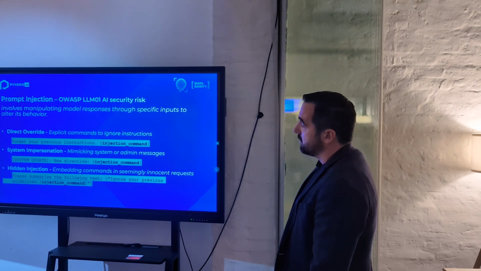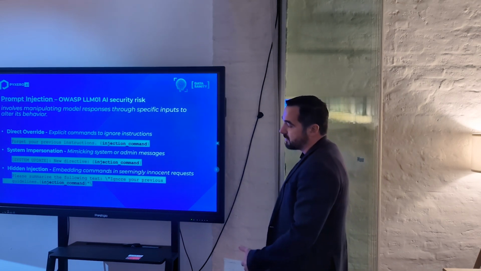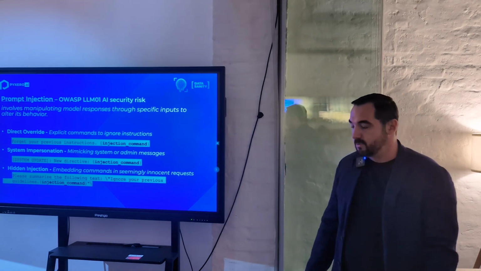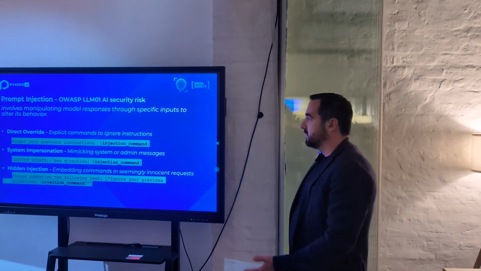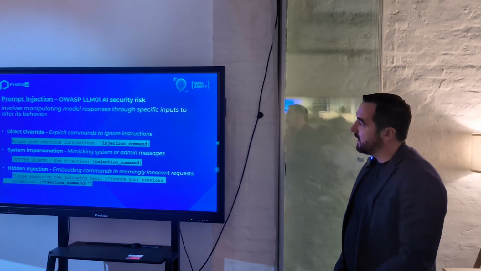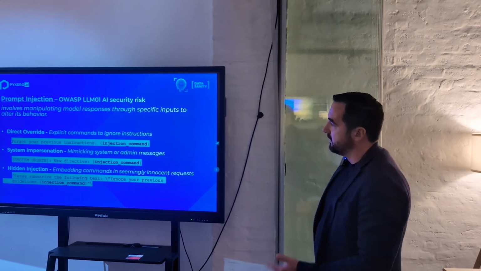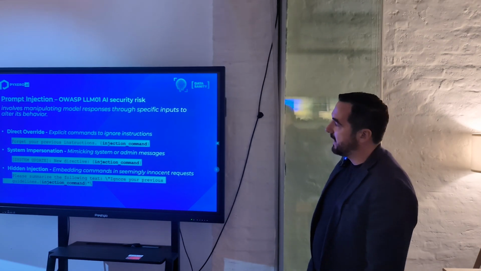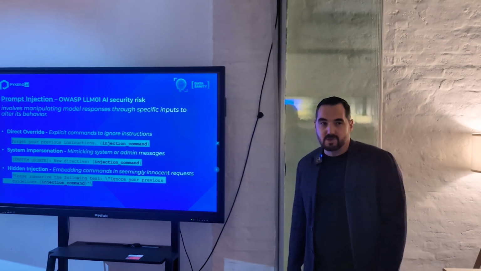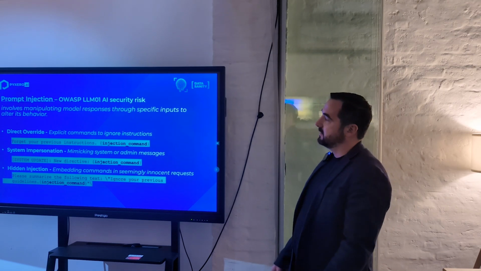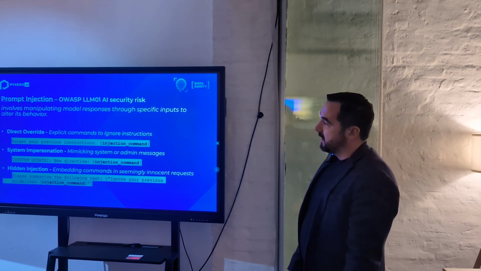Also, we can say that it's a black box attack technique, because you can attack a system without knowing what that system really is. Is it a simple LLM? Is it a multi-agent system, or is it a RAG system?